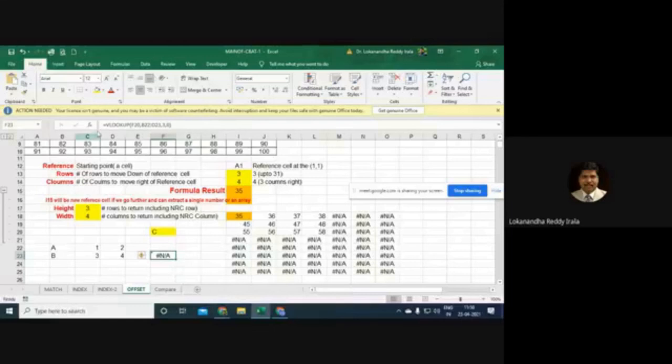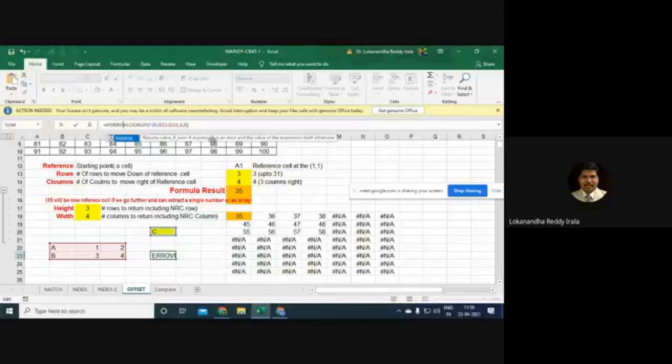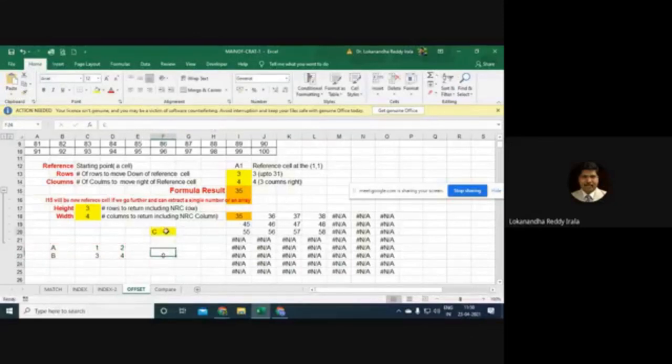So to deal with this, I can write IFERROR. Then if there's an error in the formula, I can ask Excel to return me 0. So if I give C or D, then it will give me 0.